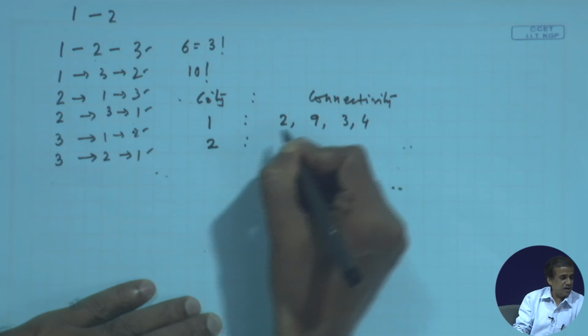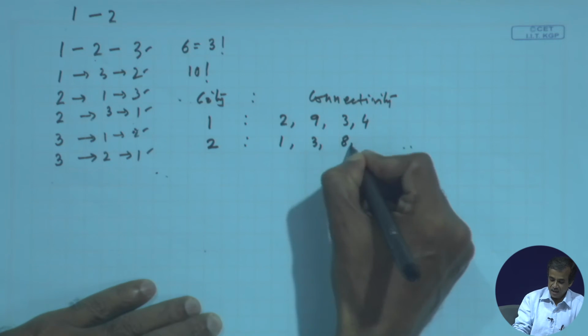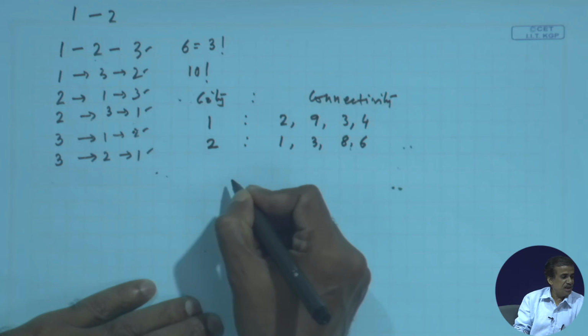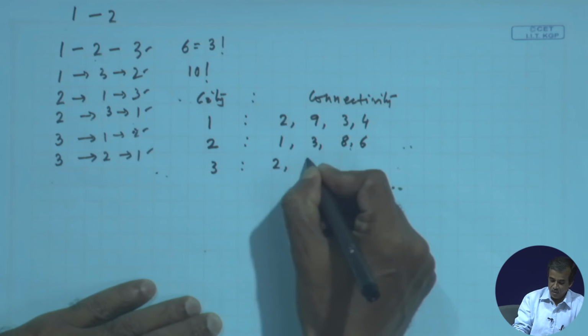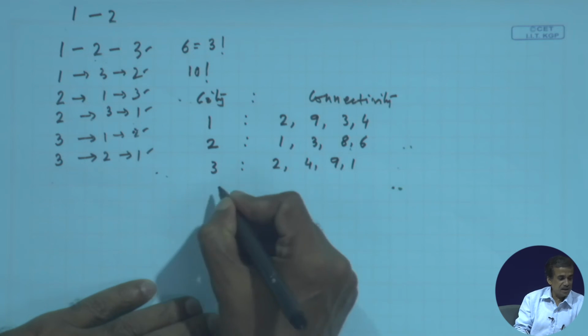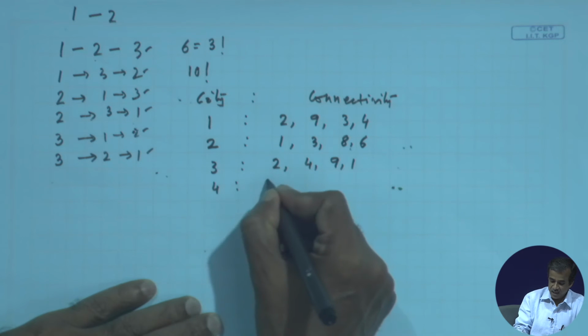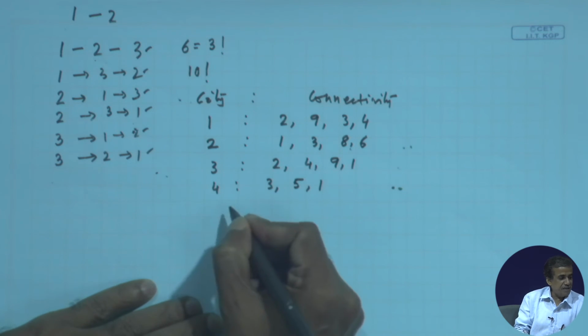City 2 is connected to 1, 3, 8, 6. Then 3 is connected to 2, 4, 9, 1. 4 is connected to 3, 5, 1, then 5 is connected to 4,